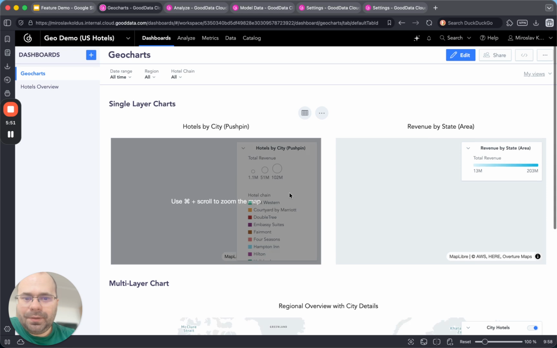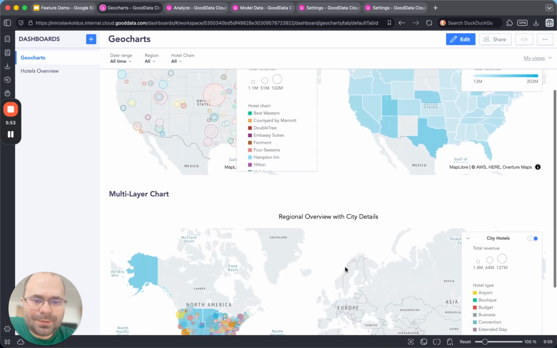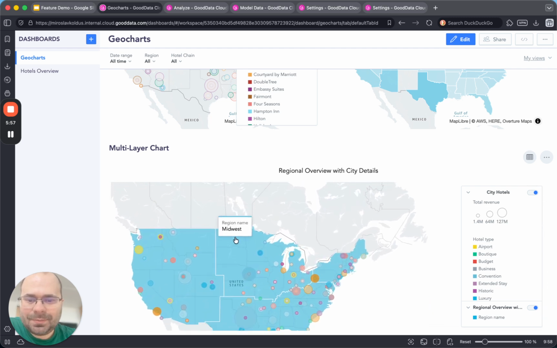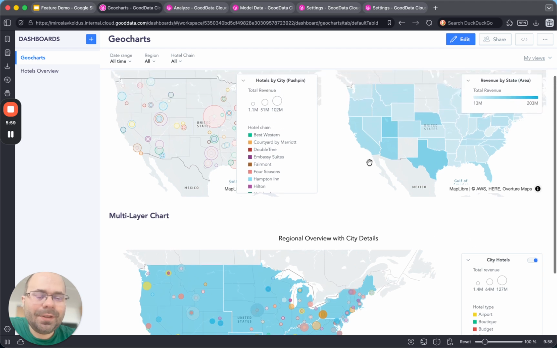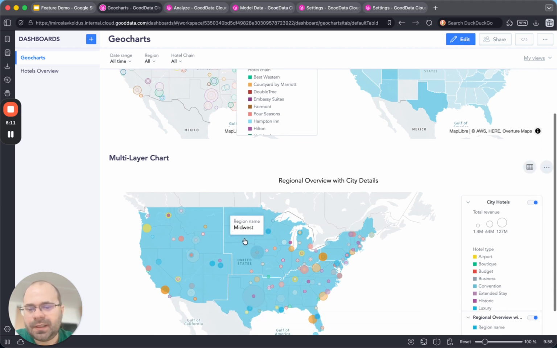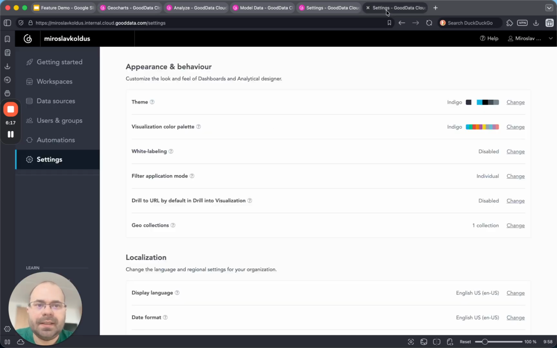And maybe you noticed that there is a different region displayed in these two visualizations in the beginning of my demo. Here we are using the traditional states, which you may already know is a collection that we distribute as part of the GoodData package by default, but here we have slightly different regions. And we will now look into how this map was created, and it is exactly created with this new custom